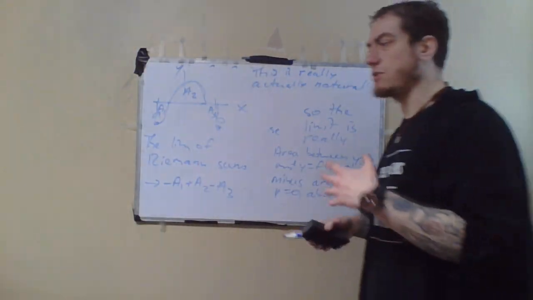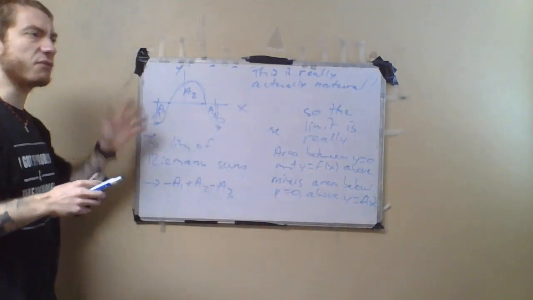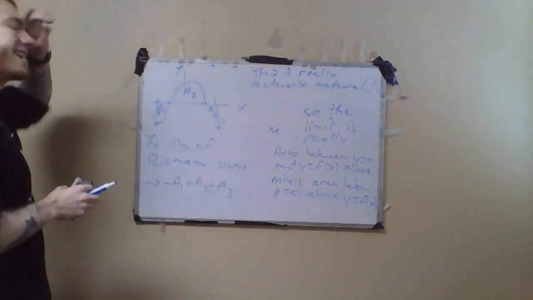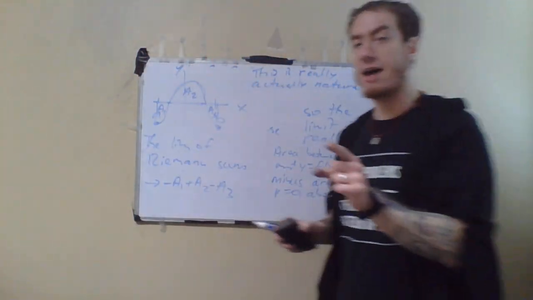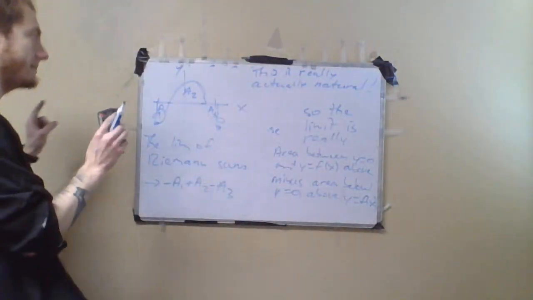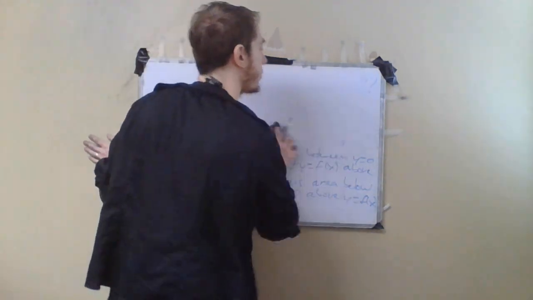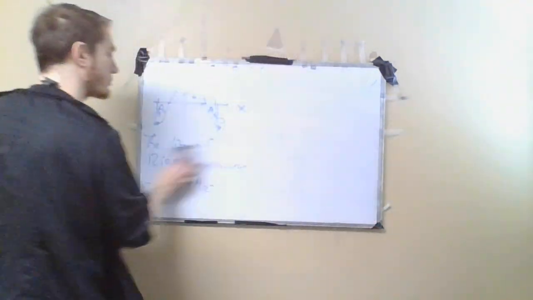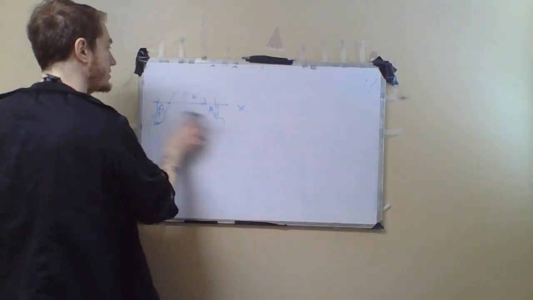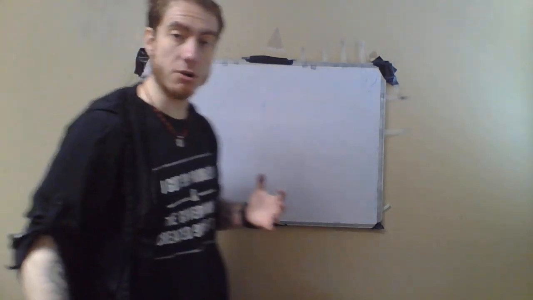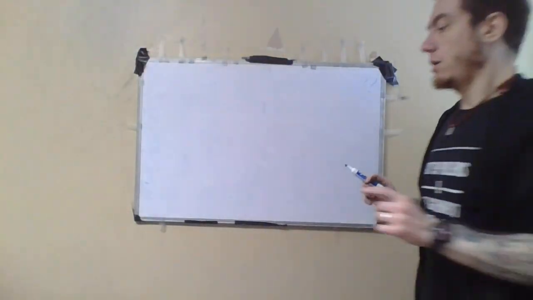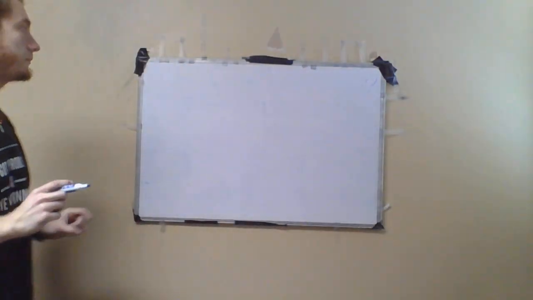Now it seems weird because why would we care about the difference between the areas above minus below? That's a weird thing. From a geometry perspective, yes, it's a bit of an oddity to be interested in this sort of thing. But here is why it is natural and why the Riemann sum is of interest even for functions that are not necessarily bigger than or equal to 0. The reason it is of interest is, let's think about